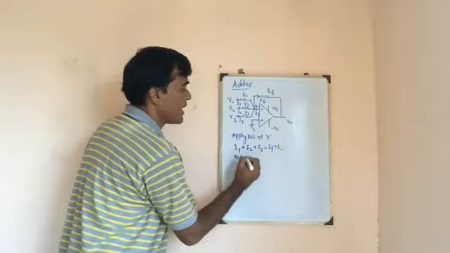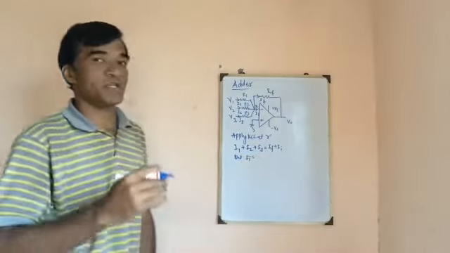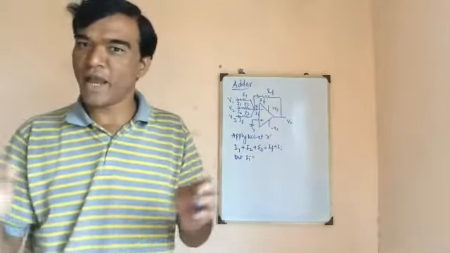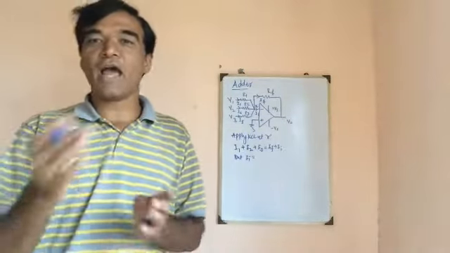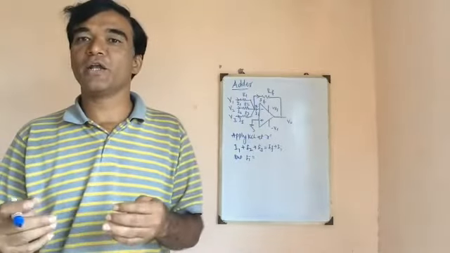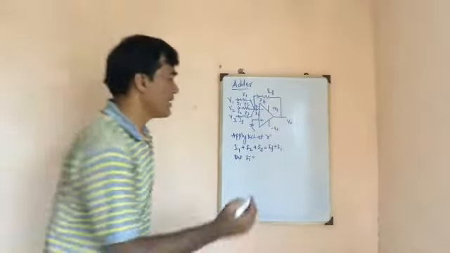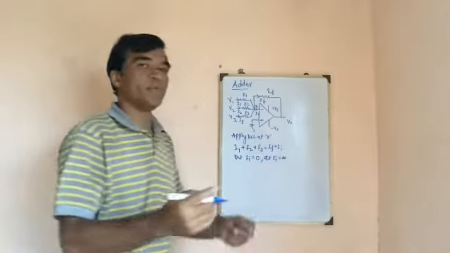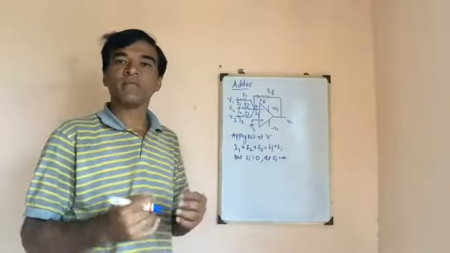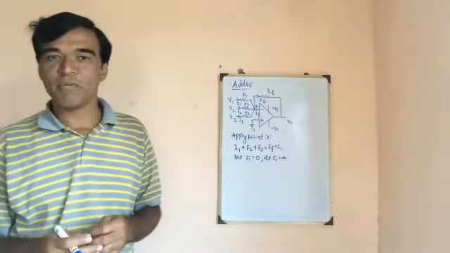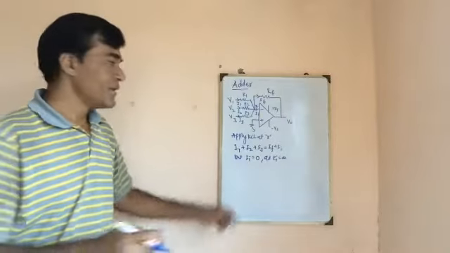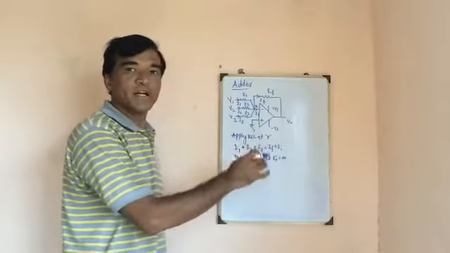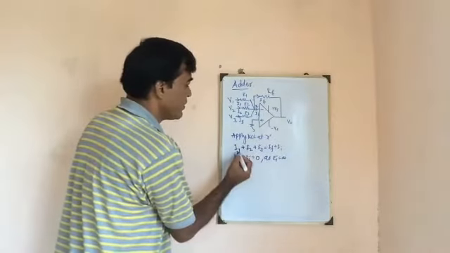But what is II? II is the current entering into the op-amp, and we know that the input impedance of an op-amp is very high. Hence II must be 0, as Ri is infinity. Infinity means it is acting as an open circuit, and we know that the current flowing through an open circuit is always 0, hence II must be 0. Substituting II equal to 0 in this expression and writing these currents in terms of the voltages, we get